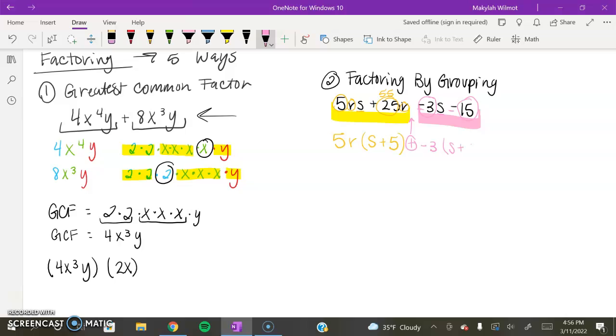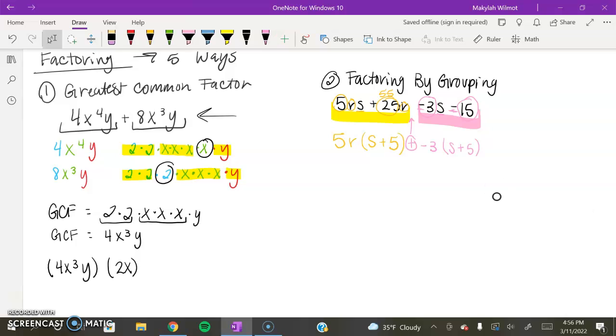And then a positive 15, because remembering our negative rules, a negative times a negative is a positive. So if we take out, and then a negative times a positive is a negative. So -3 times plus 5 is -15, which is what you want. So